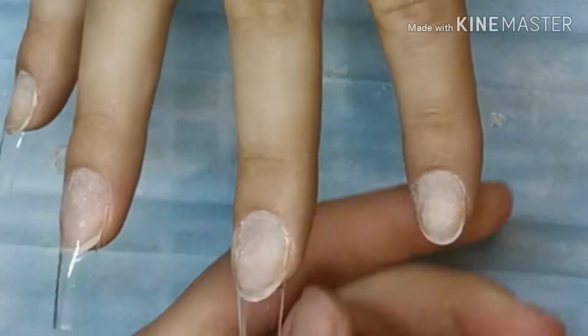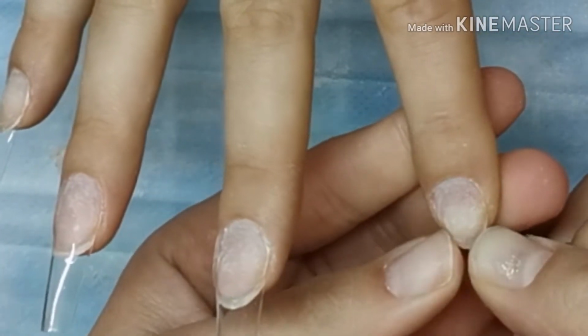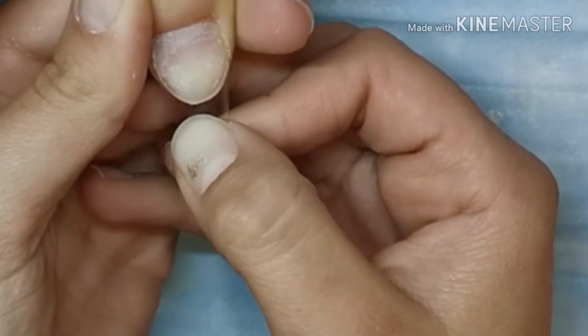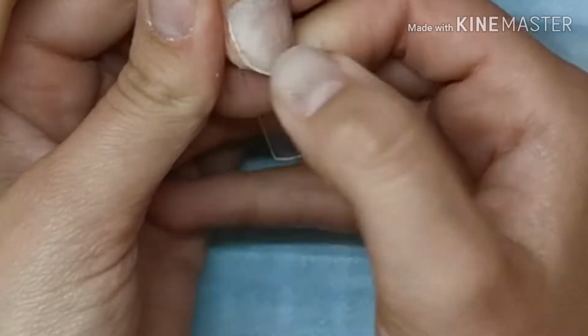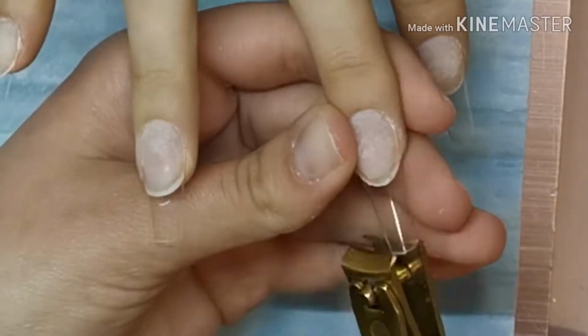So yeah, I'm just sticking on some tips to my client. These are a tapered square tip or ballerina tip. They've got a deep C curve, which is what I really like about these. So I'm just putting them on, and then I've cut them down to size, and I've done my